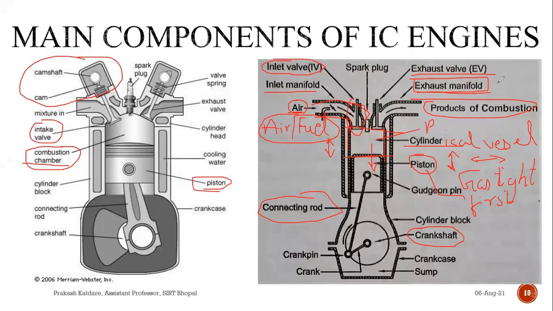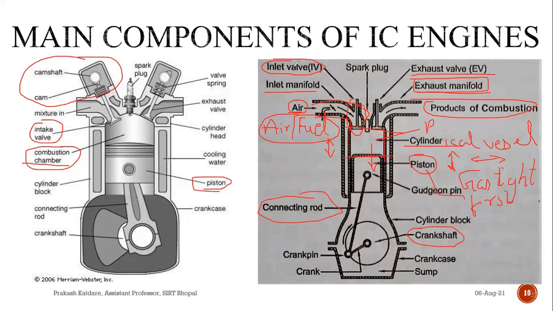If you see, the intake system is totally different. It will be controlling the supply: how much supply of air should be there, and what should be the proportion of air and fuel in case of air-fuel mixture. That is, how much percentage of air should be there, how much percentage of fuel. It will be deciding all that. And in the exhaust system, we are using filters so that harmful gases do not release directly into the atmosphere. Also, if we have placed a turbocharger, some part of the energy will be utilized in running that turbocharger.